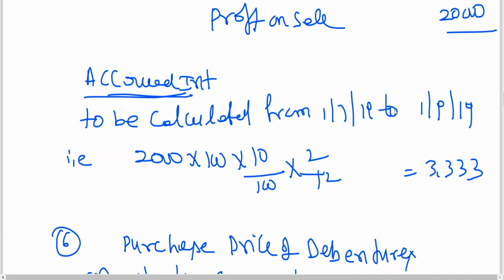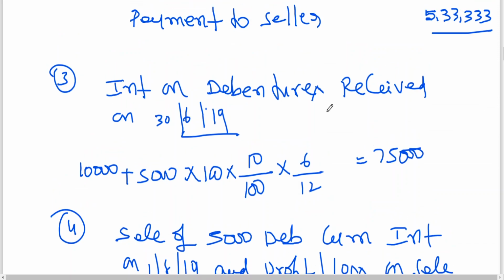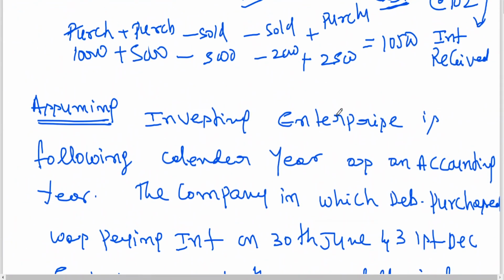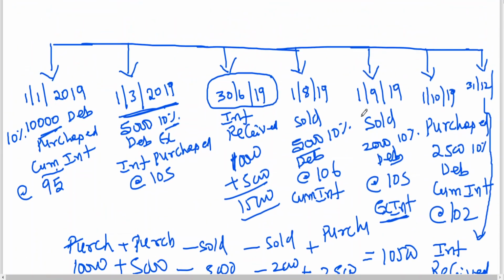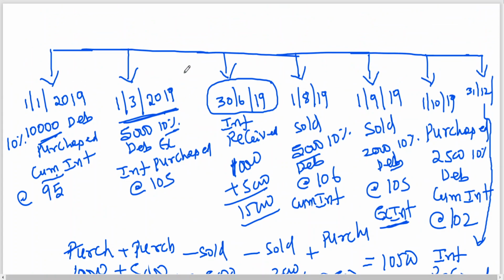I start with one example first. Now, this would generally be provided as a paragraph question, but I have taken it orally. It's not given in the e-book. Spontaneously, I created a problem for you so that I can explain in a better way how to calculate cum interest. Simple logic. Cum interest, what is there? Interest is included. That is to be separated. That is revenue. Cost is capital.